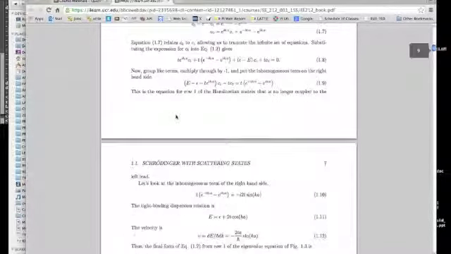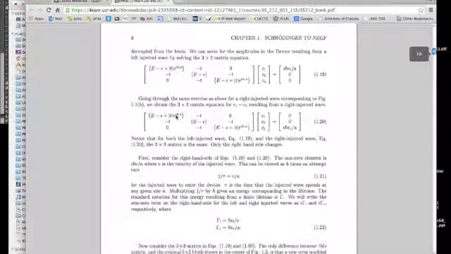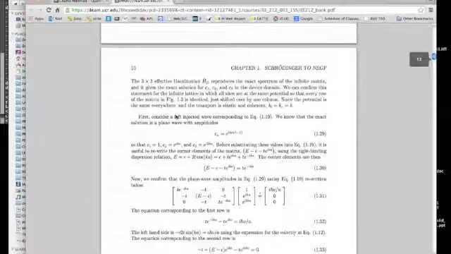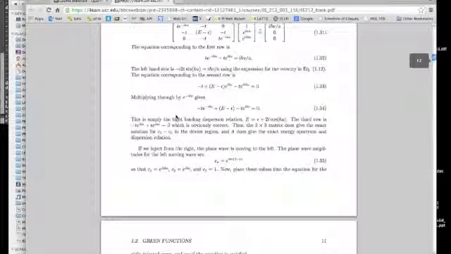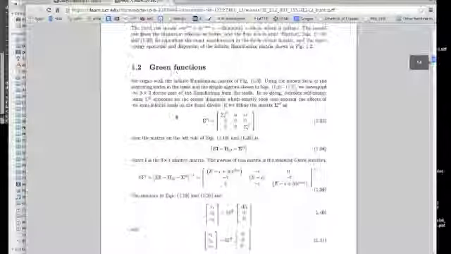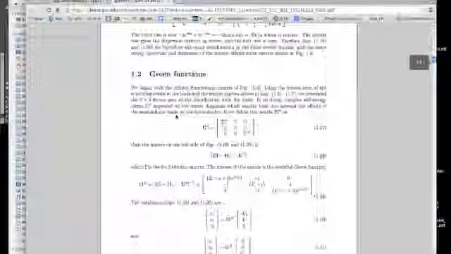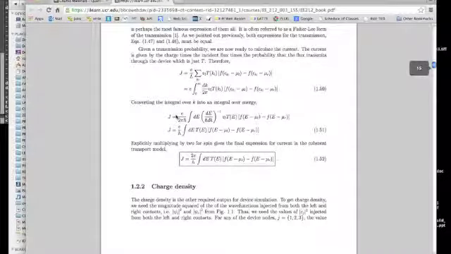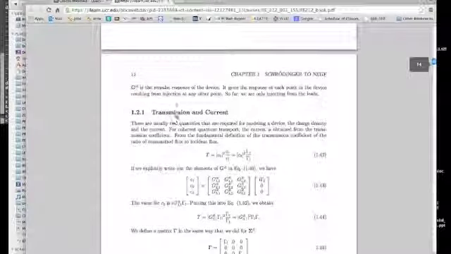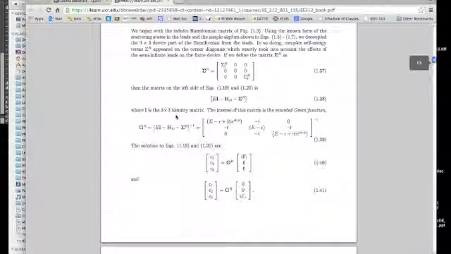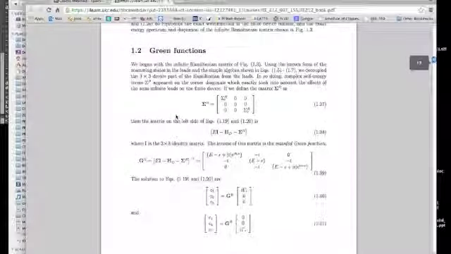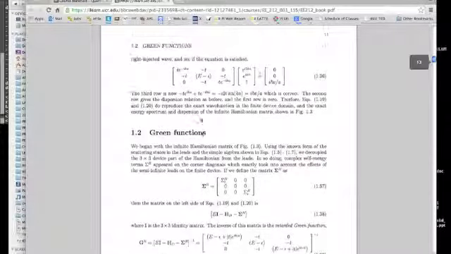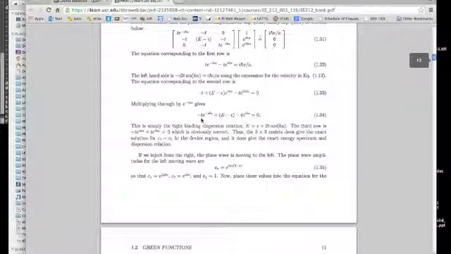We'll start manipulating the matrices until we finally get things that look exactly like what you have in the non-equilibrium green function expressions. This central device matrix part of the Hamiltonian becomes your green function, or the inverse of the green function. Right here. So we finally derive this 3x3 device section of the Hamiltonian,